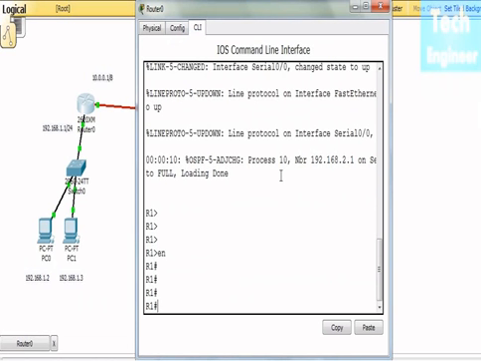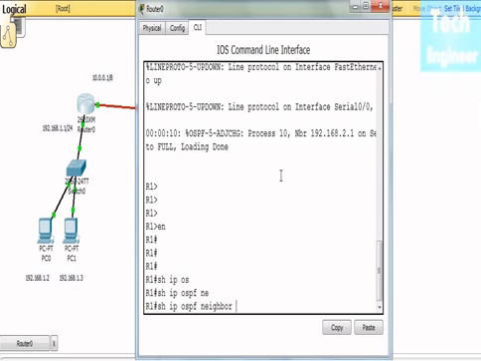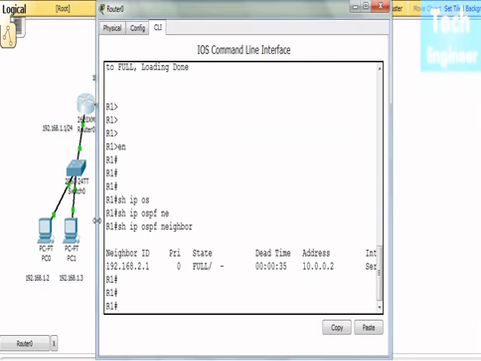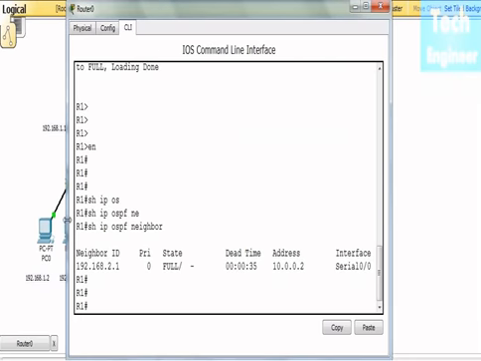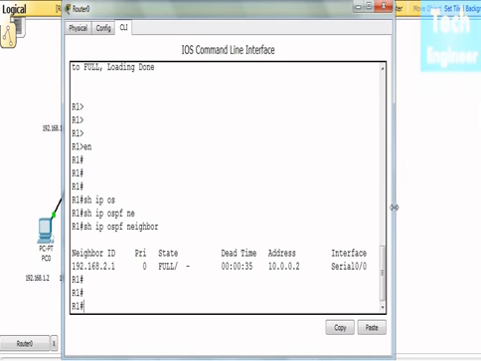So let me go to router 0, and here we have to provide a command. The first command is enable, to go to privilege mode. Then I give the command show ip ospf neighbor. This particular command shows us the neighbor of router 0. Even in the physical layout, you can see that router 0's neighbor is router 1. Its router ID is